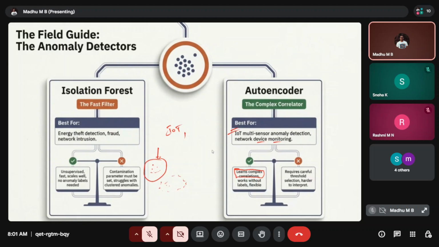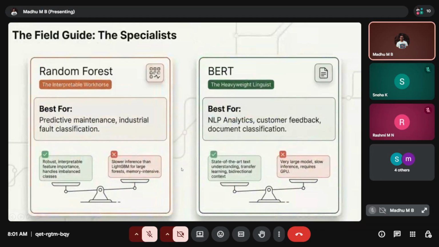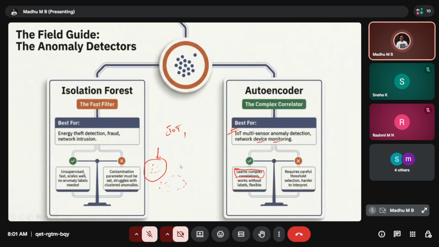Yeah, so what I was explaining: learning the complex correlation. For example, I have multiple kinds of IoT devices. There will be very complex interactions, with these IoT devices talking to other IoT devices, sending and exchanging data.